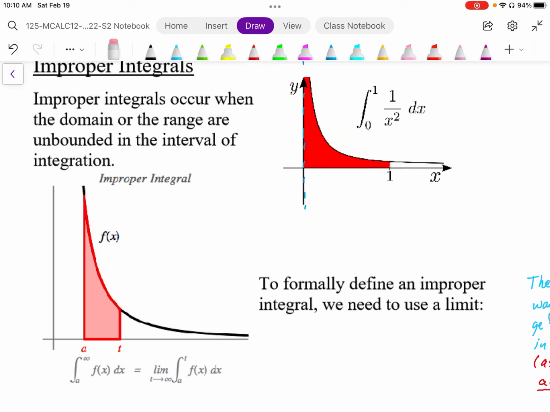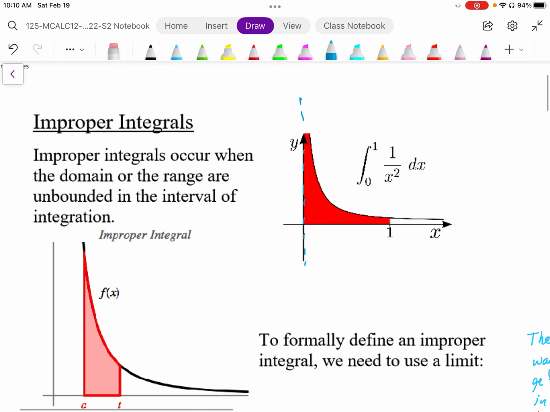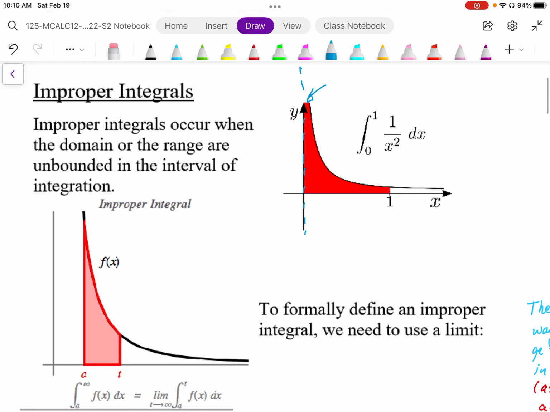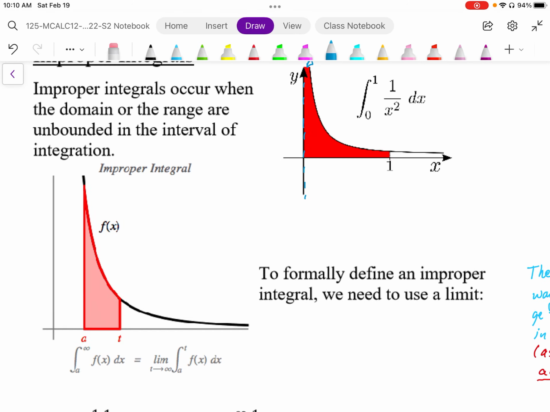We have unbounded areas when we have vertical asymptotes and when we are integrating to infinity. So the example up here is we have a vertical asymptote, and this area in here becomes unbounded, and we have this unbounded area going up to infinity. We also have unbounded areas when we have integrals that go to infinity. So we start at some point A, and as we integrate along here, this is unbounded because we're going out